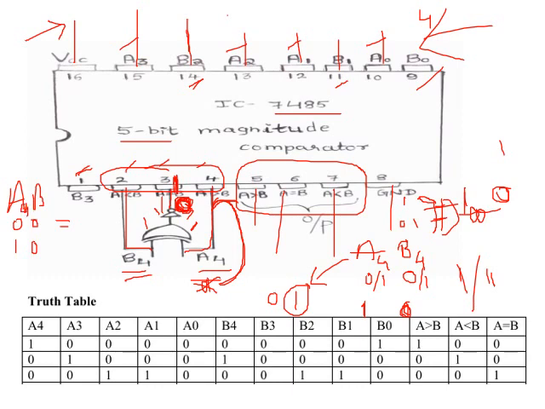And if A is greater than B, then A4 is directly connected, so let me write A4 here and B4 here, correct? So A4 is directly connected to A greater than B. So whenever A4 becomes 1, that will indicate that A is greater than B, correct? And whenever B4 is 1, it is also directly connected to A less than B, that indicates A is less than B, right? So finally what we are seeing is the MSBs A4 and B4 are being given as input to this IC separately by the usage of this logic, wherein we are reducing the usage of one more 7485 IC.